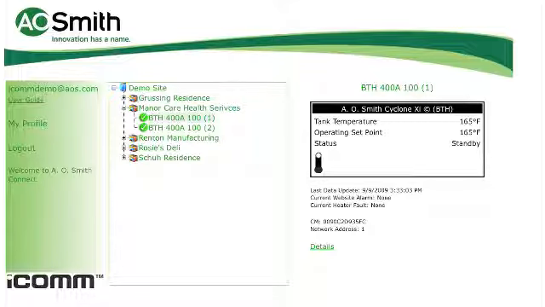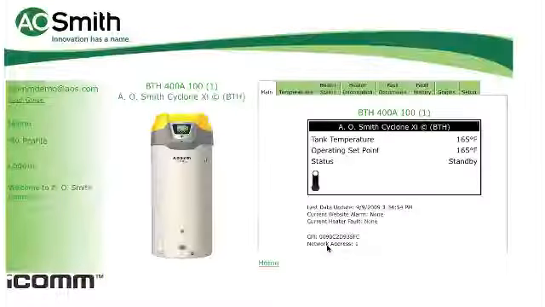In the default setting, iCOMM sends status updates every 30 minutes. This time period can be adjusted to shorter intervals if desired. In the event of a fault condition, the system sends out an immediate alert. Clicking on the details link takes you to a screen that features 8 different tabs containing valuable information about this